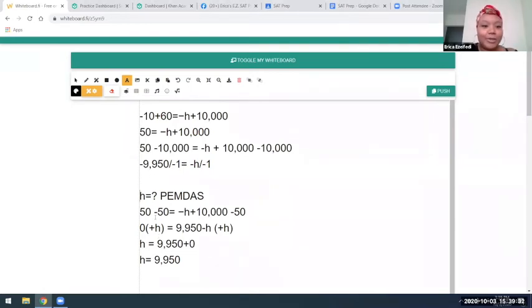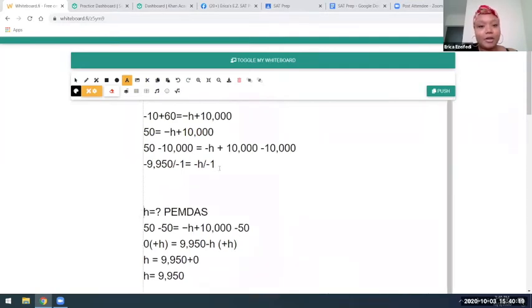So with Dinesha, after we got to this step right here, which is the second step, we subtracted 50 down here, instead of subtracting 10,000 like we did in this third step up here. So we were just about to finish this step,